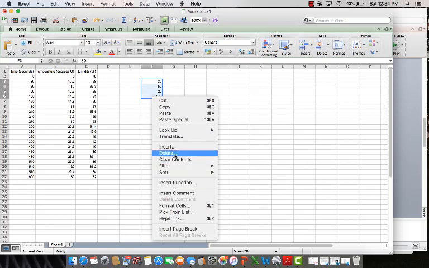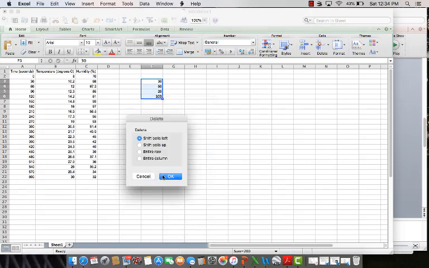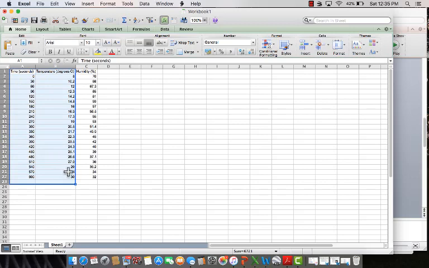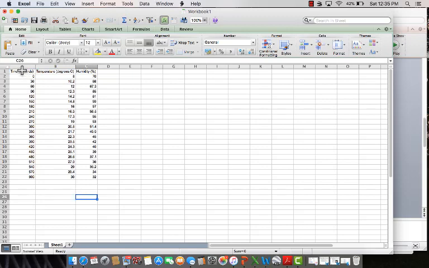I'm just going to delete these. If we go through here and try to graph this information, let's say I just want to show a graph that has time and temperature. It's important here to highlight just the data that you want. Don't include any extras like I did here. That can cause problems. So you want to highlight the name of your column and then just the data that